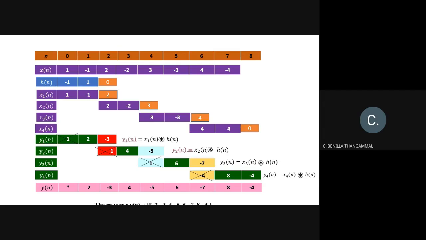So the response of the system, the first one you don't have. So that you have to mention. Otherwise, if you didn't mention the star and you start with 2, then the value starts at the origin, so everything, the time period is going to be wrong. So you have to mention that star and then you have to start. So this is how you have to perform your overlap save method.